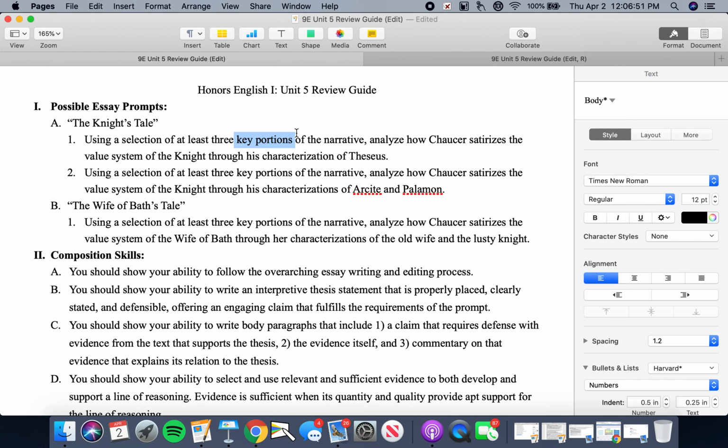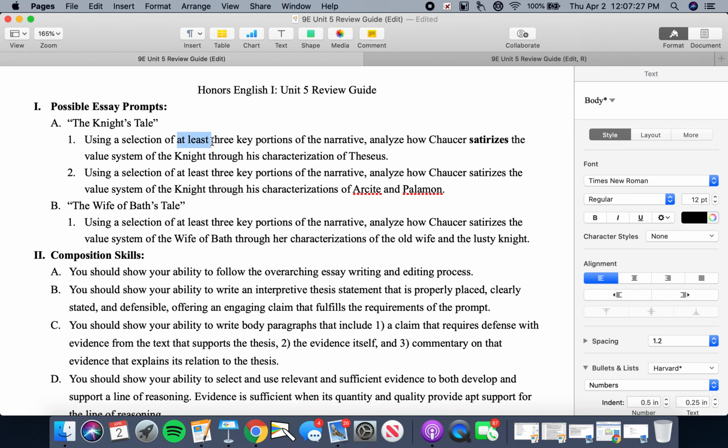It's yours. That's part of the studying process, is you exercising judgment and showing your mastery of the text by selecting key portions that are actually indeed relevant for defending your interpretive thesis about the ways in which Chaucer is satirizing or ironically mocking the value system of the knight through, all right, this element of the knight's narration, the characterization of Theseus. Okay, so